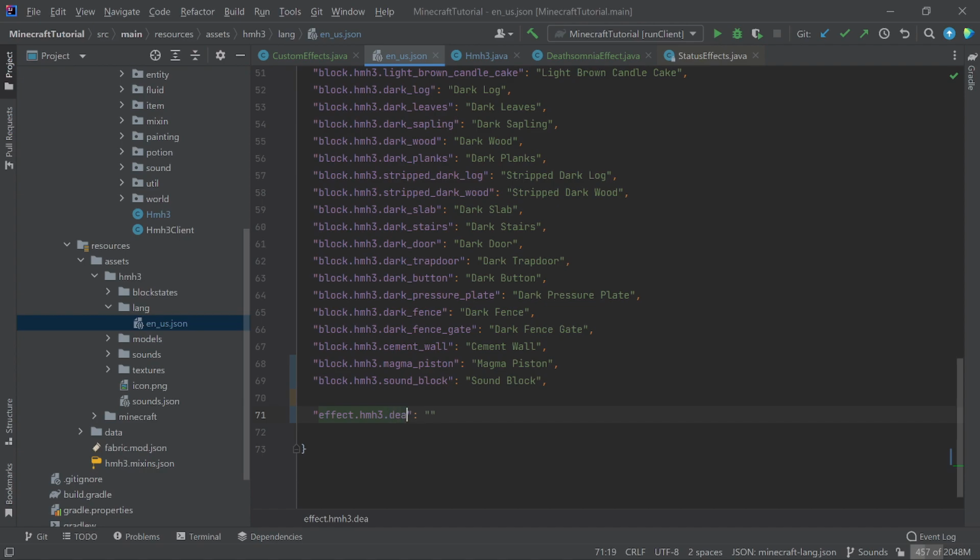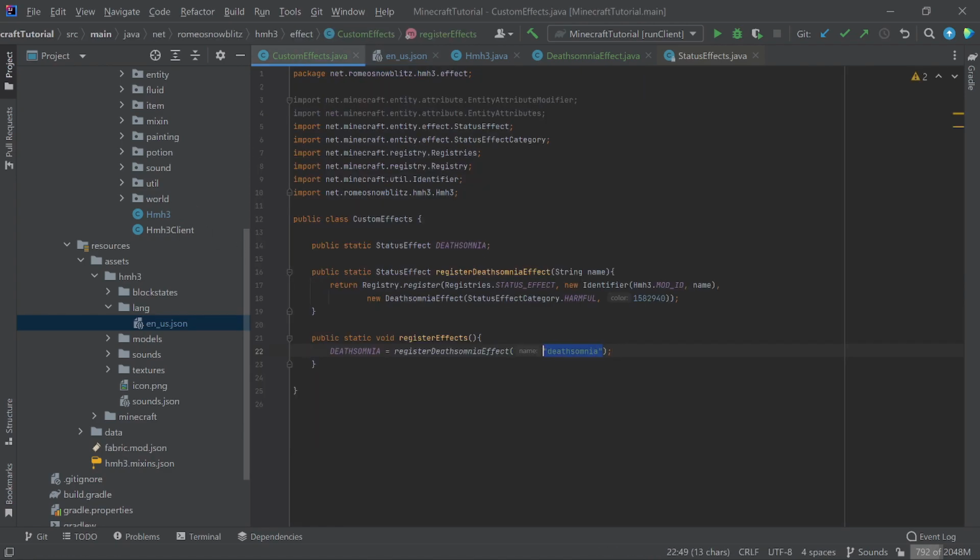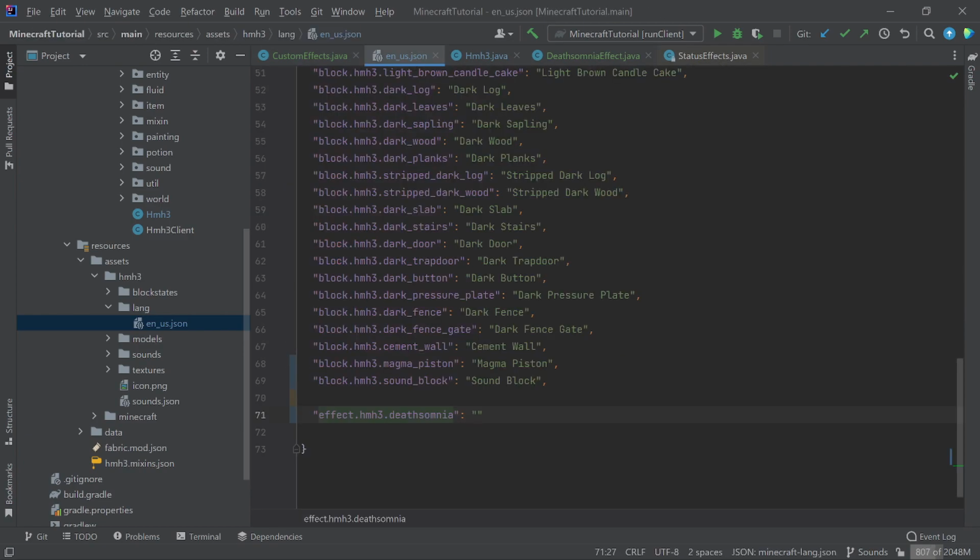Which this is called Deathsomnia, and that is the same name that we put in this name. So whatever that it is, because it's your string name, which is going to be your mod ID name. So that is basically what this is saying, that whatever my mod ID is, and then it's going to colon my name. That's kind of what's happening. So we have this, my mod ID, and the Deathsomnia effect,